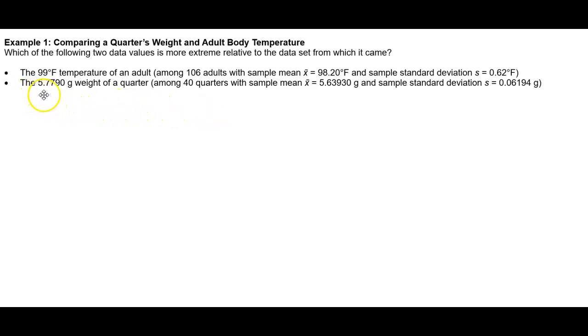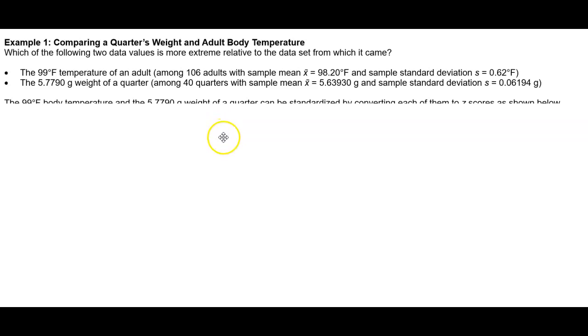Next, the 5.7790 grams weight of a quarter, which is among 40 quarters with a sample mean of 5.63930 grams and a sample standard deviation that's equal to 0.06194 grams. Okay, so the first thing we're going to do is take a look at the